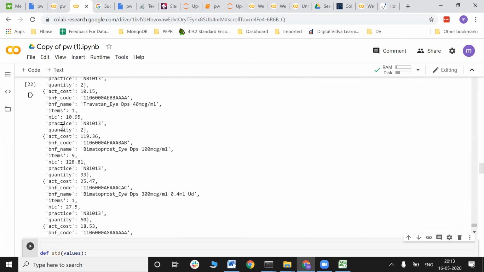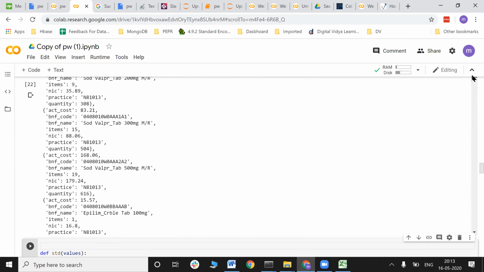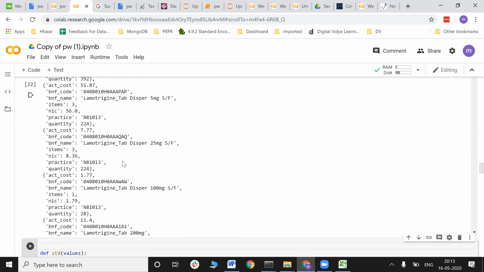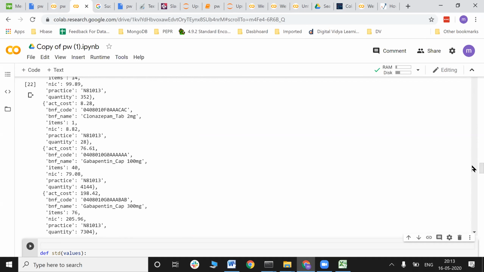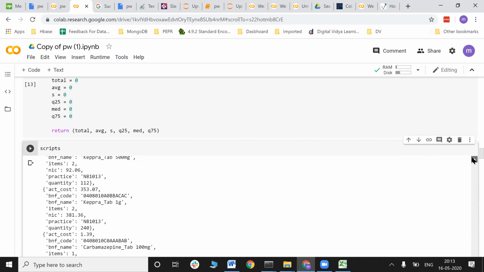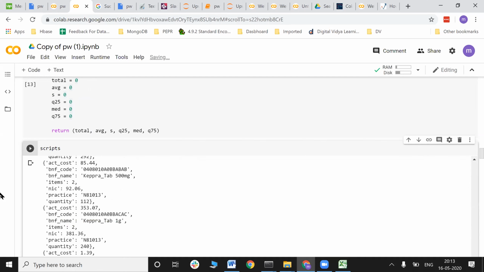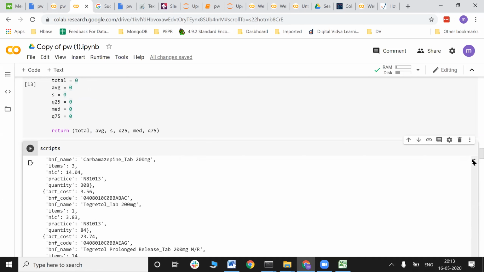This is my key, and this is my value. Every key value pair is there for every single row of my data. Getting it? Now I am going to fetch this information with key value pairing. That's what it is doing here.